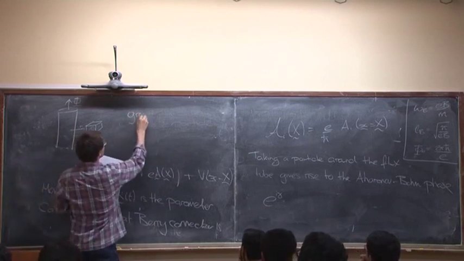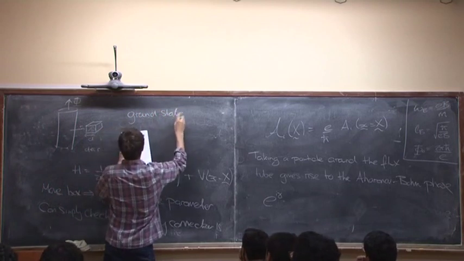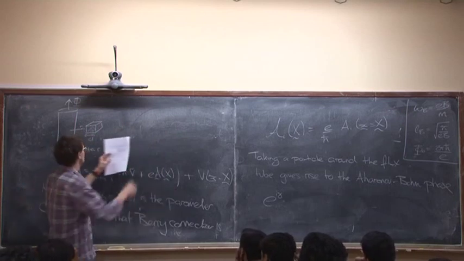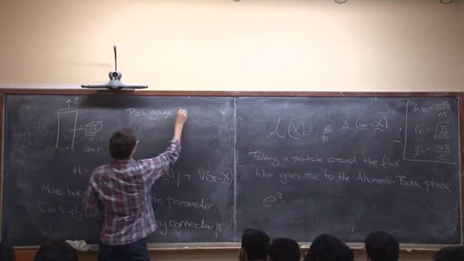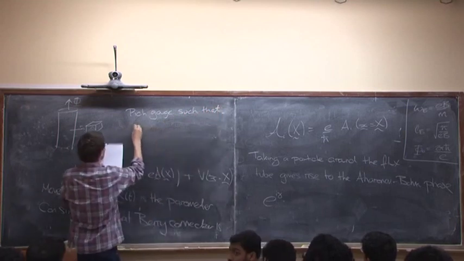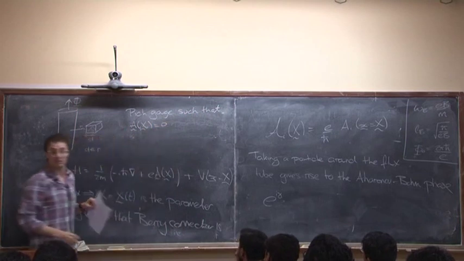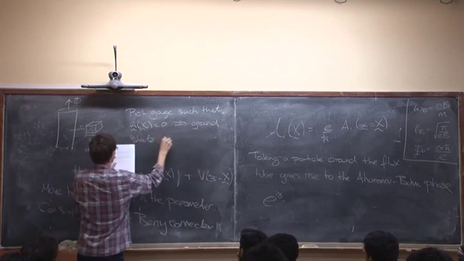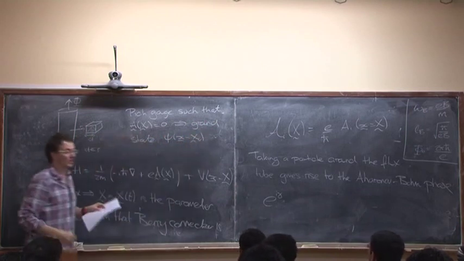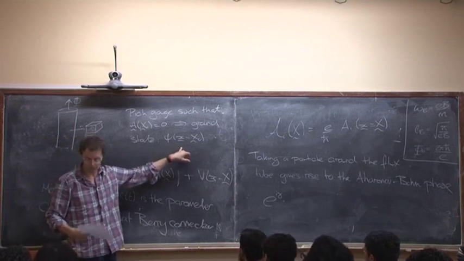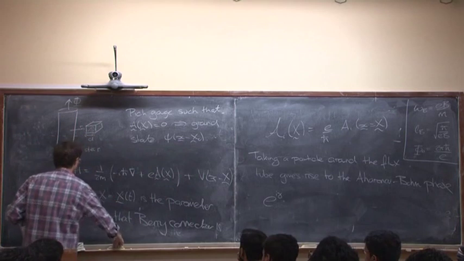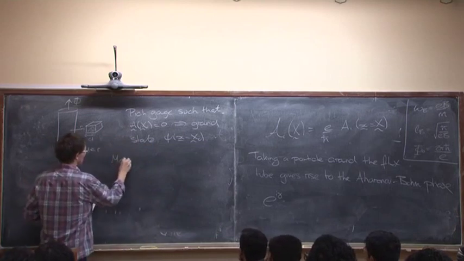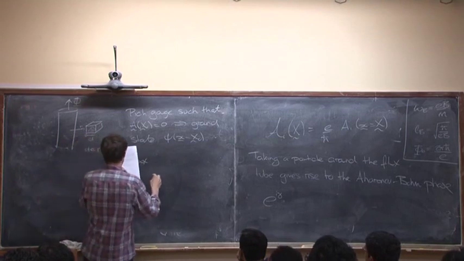Okay, so we'll take the ground state. This just sits here. Let's pick a gauge such that A at some initial point x0 is equal to 0. Now we'll take the ground state, which is now localized in some small region around x0, to be this. So now move the box. So the new ground state